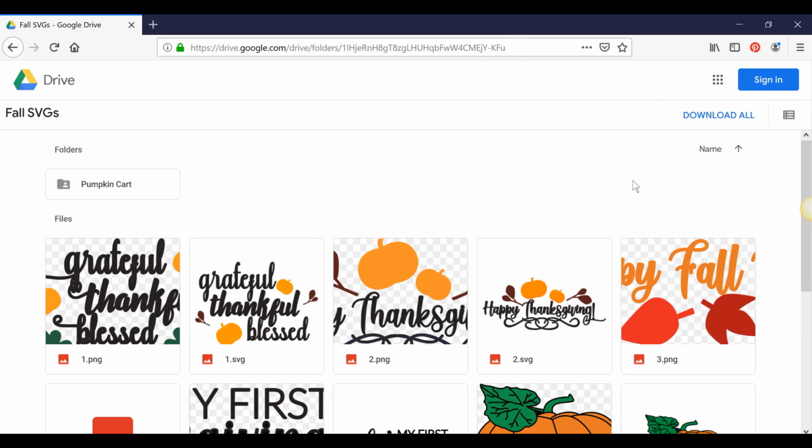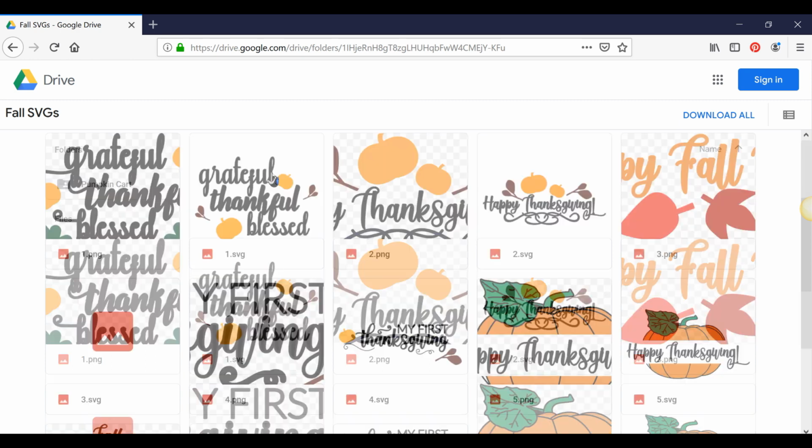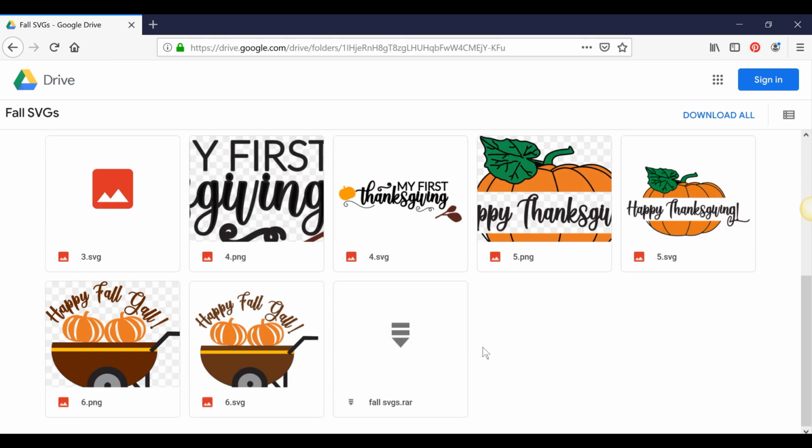Now let's look at how to download and save the file using the Firefox browser on Windows. So here I am in the Ninja Jav Crafts VIP library in the fall SVGs folder, and here is the file. So this is a zip file, which means it contains all the different formats of graphics grouped together in one folder. Once you hover on the file, you'll see this